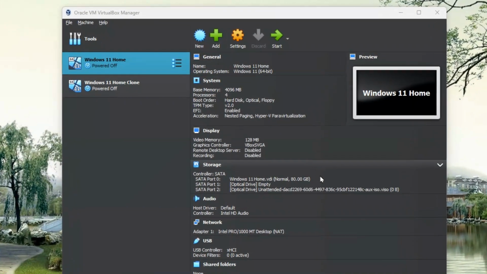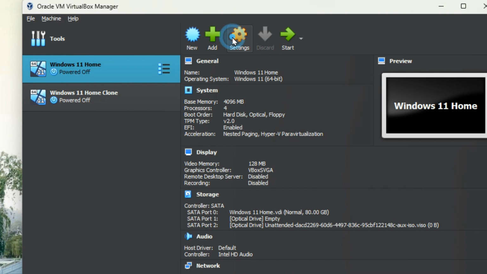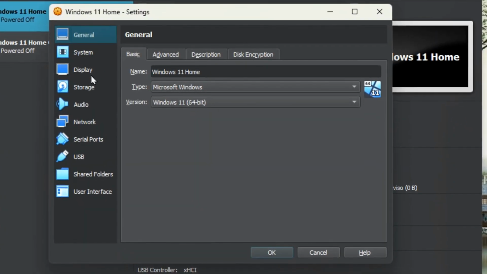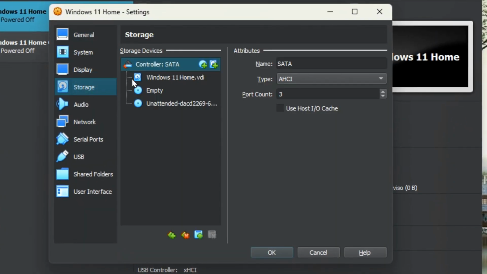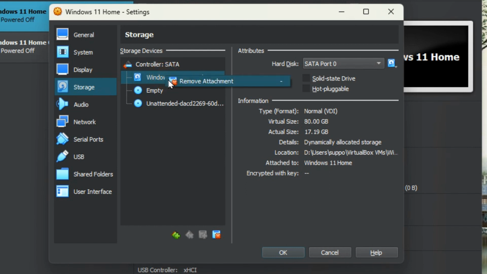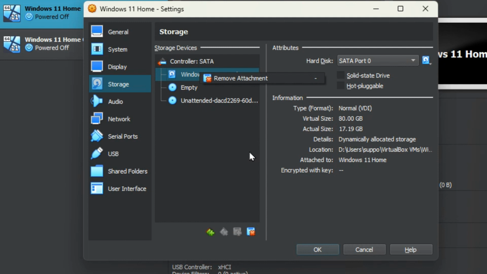Anyway, so here's how you can do it. If you have a look at the settings and you look at storage, you'll see that there's your drive, but if you right click on it, the only option available to you is to remove it. We can't find any option in here to change the disk size at all,